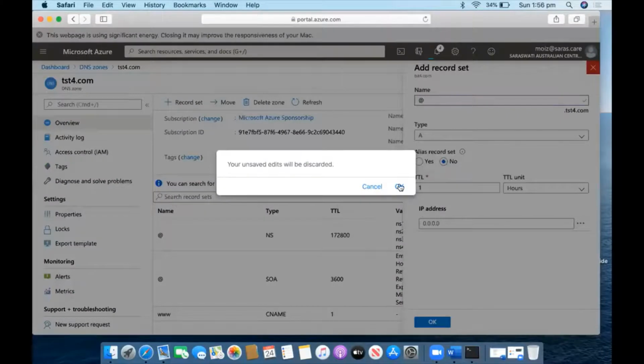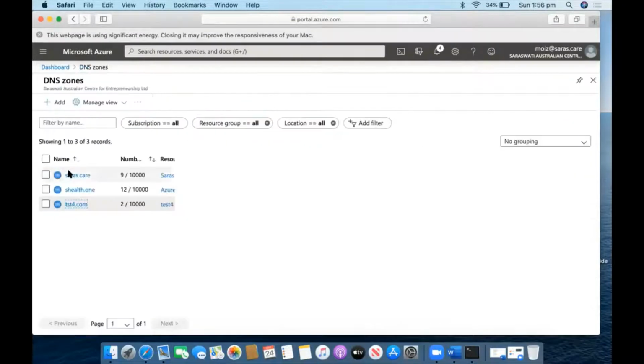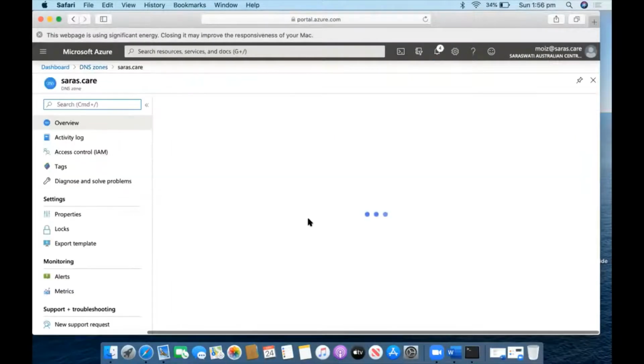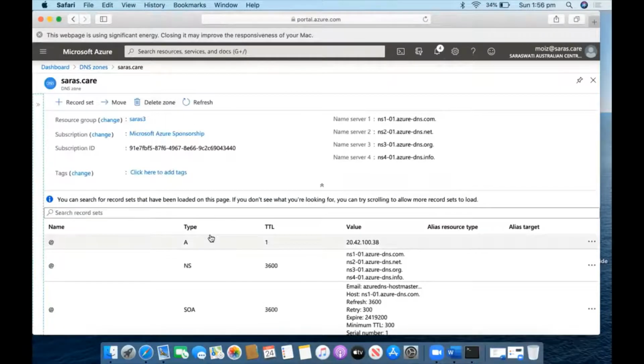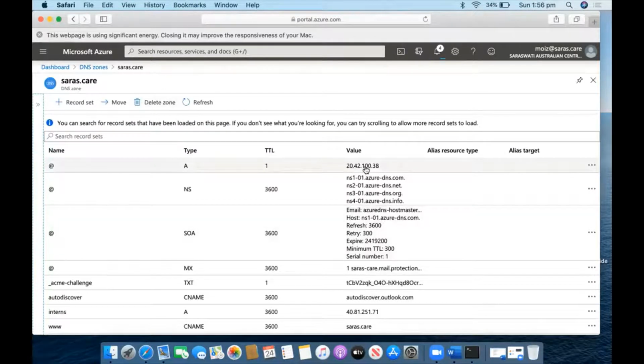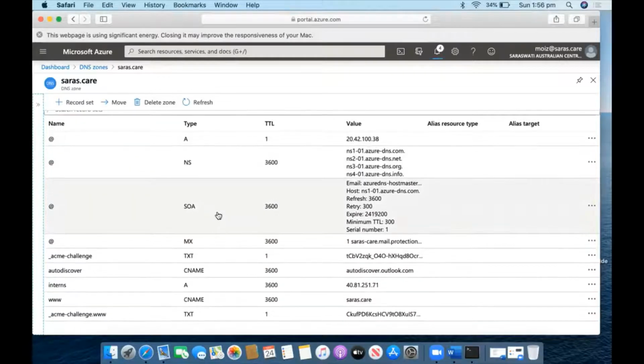So what I will do, I will show you the ones which we have created here. Here you can see that type A is related to the IP address. By default, these two have been created by DNS record. And here you can see TXT, that is my certificate authority. This is my certificate authority link, and the value for that link is this one.